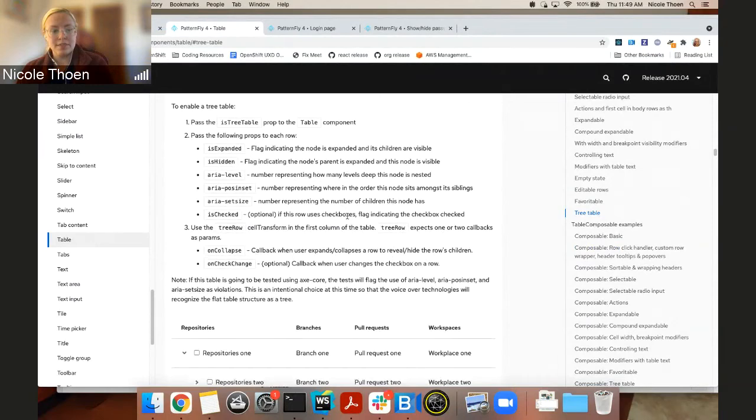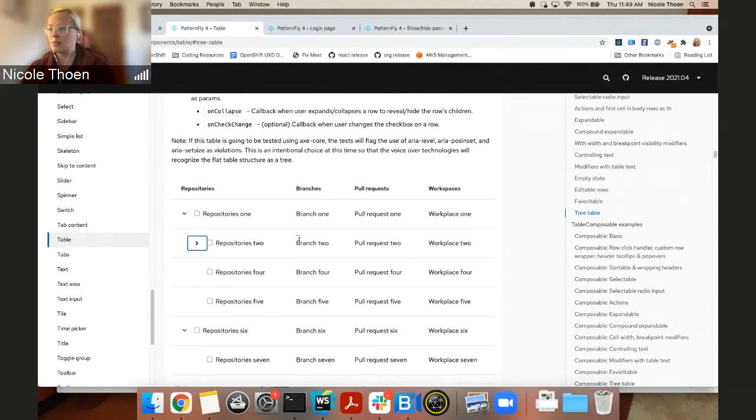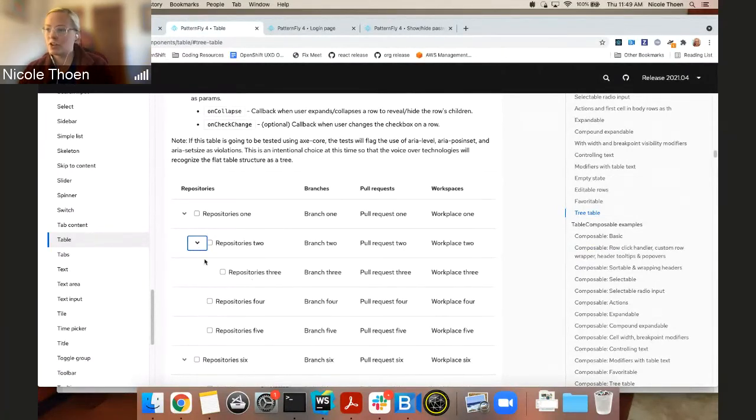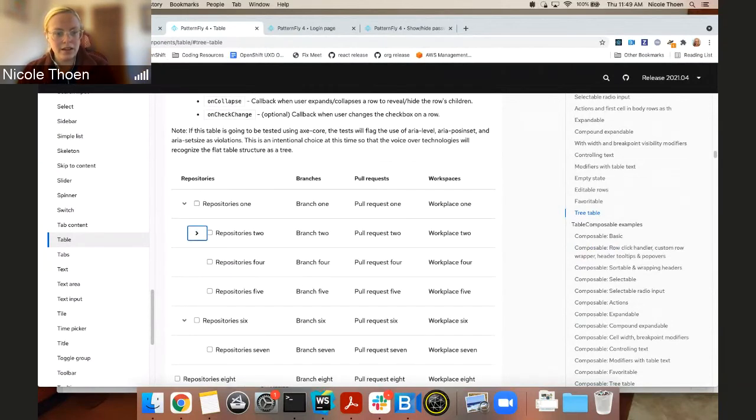The result is that rows expand and collapse to expose or hide children rows, and each row knows what level it is at so that it can be offset enough to show a tree hierarchy. We've configured it to allow for optional checkboxes as part of the tree table, which the consumer can control. And we hope with the next release to include optional icons alongside each row as well.